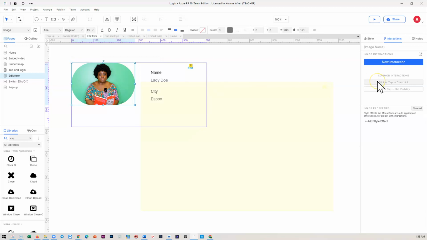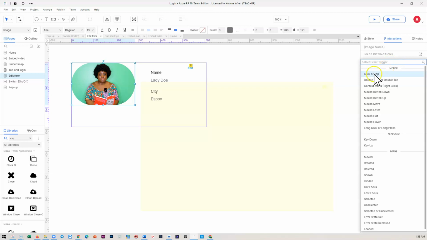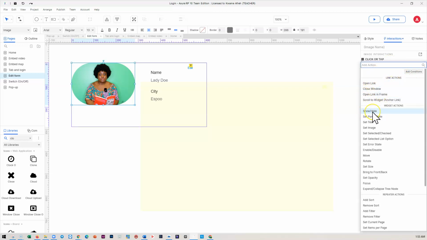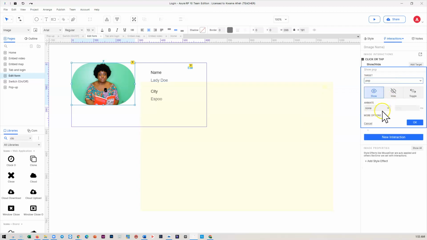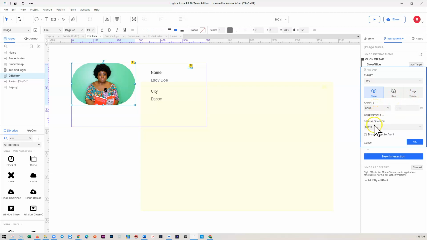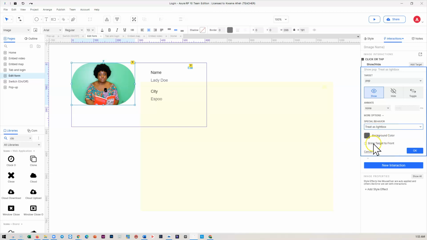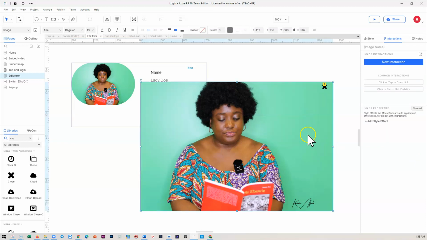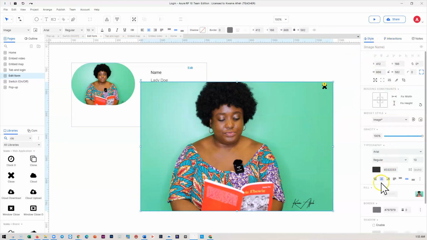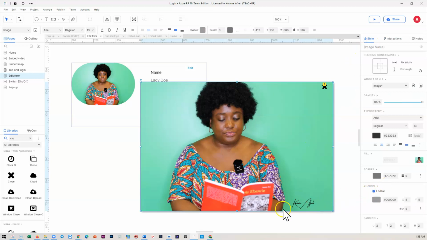So on click, show pop-up. We want to show the pop-up. If you click more, you will get more, so and treat it as a light box and bring forward if it is below. So, and even here I could also make it a little bit enable shadow,